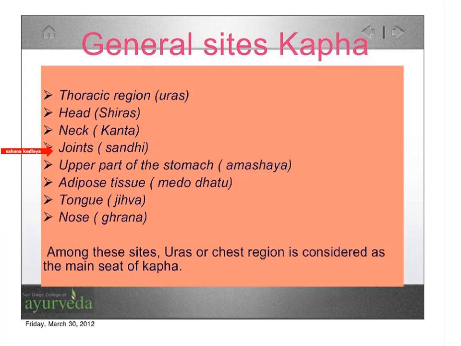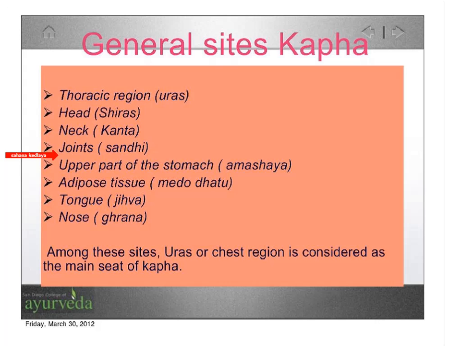In the joints, it manifests as the synovial secretion, which helps to lubricate the joint, and also helps to hold the bones. So what happens in the joints? How are joints formed? A joint is the place where 2 or more bones meet together. These bones should be held in position together. They should be bound together to form a joint. That function is provided by the kapha dosha, and also the lubrication is provided by the kapha dosha at the joints.